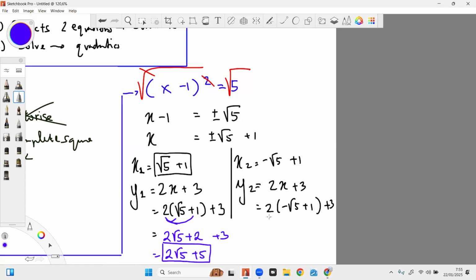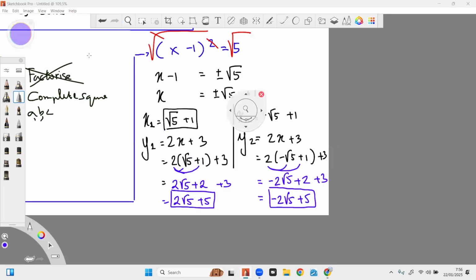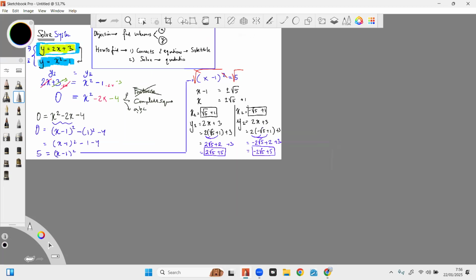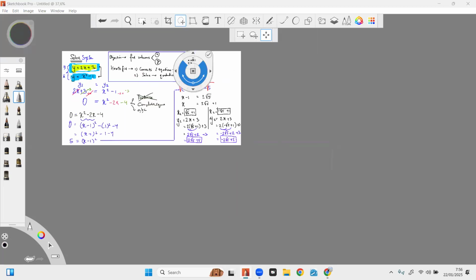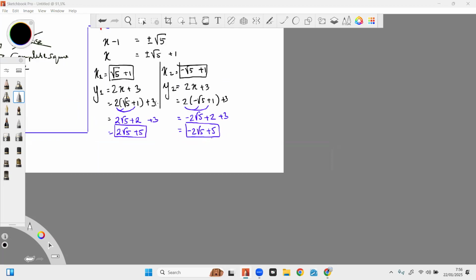And the next pair is negative 2 square root 5 plus 2, plus 3 outside. And then negative 2 square root 5 plus 5. Therefore, after we finish finding this, you try to rewrite the pairs of the answer. Almost. We are almost there. This is not the expected answer. So the answer has to be